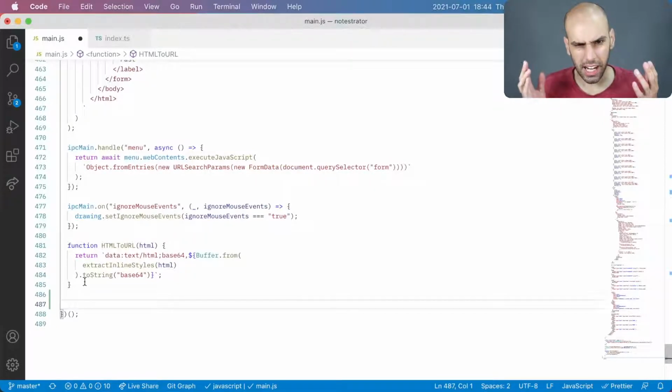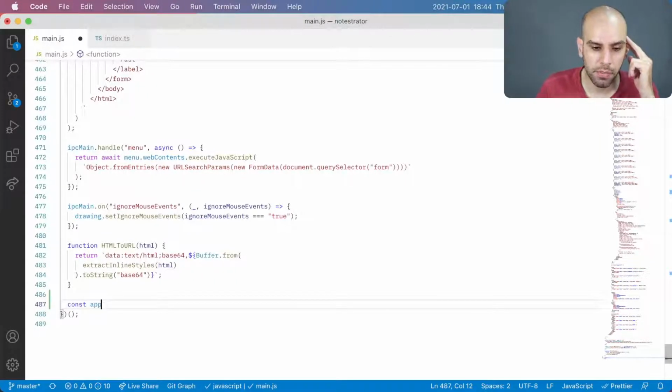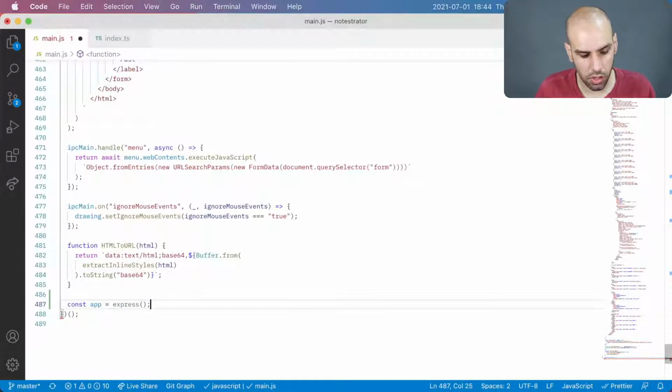So now the question is, can I start an Express web server from within an Electron app? I think I can, but I don't know. So let's see. How do I want to name this? Usually it's called app, but usually you call Express like this and you call this thing app. But this time it's not really the app, it's